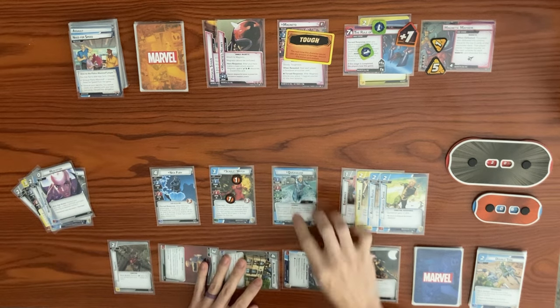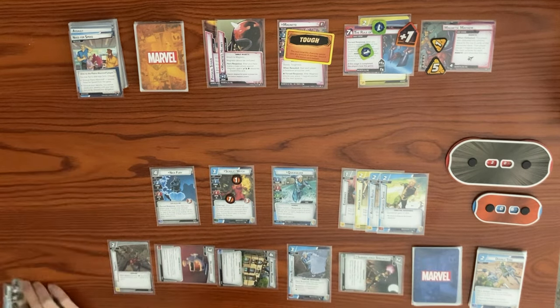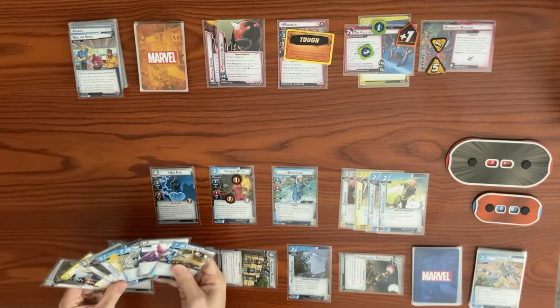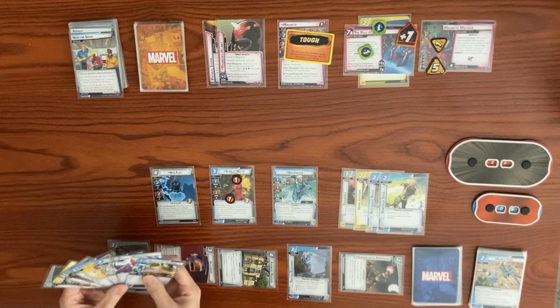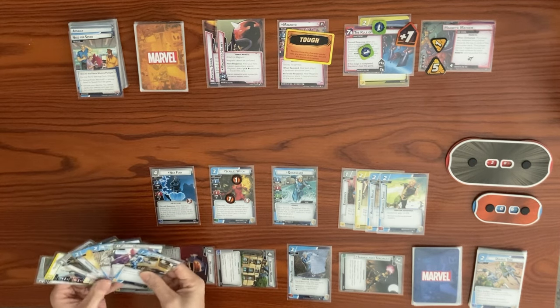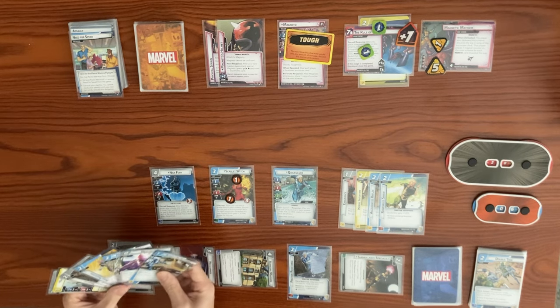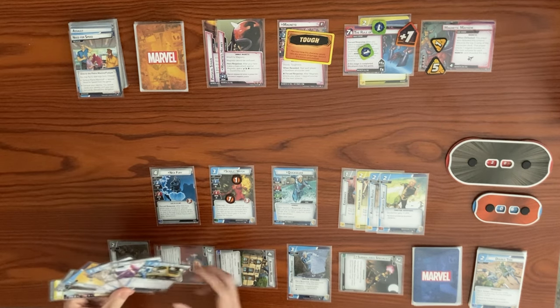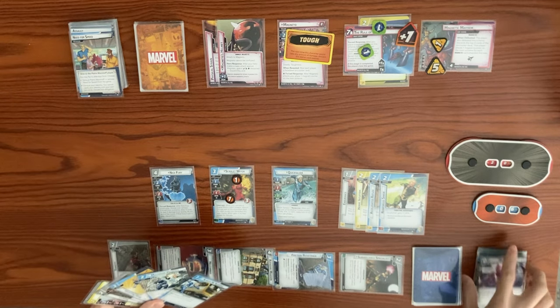The Super Speed to ready up, raise up Friction Resistance, exhaust the Surveillance Specialist to draw a card after performing a basic thwart. Okay, we need to start to get our stuff out. Okay, we have the main scheme clear. We have Nick. We have Scarlet Witch. So let's go ahead and use Friction Resistance to generate a physical resource, second resource, so we can play a